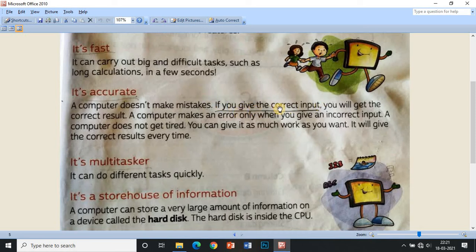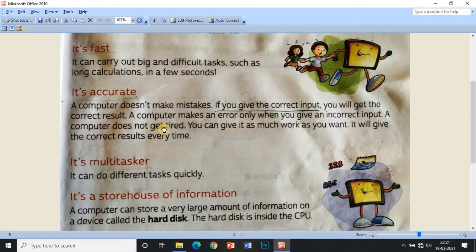If you give the correct input, it will give you the correct output. A computer makes an error only when you give an incorrect input.